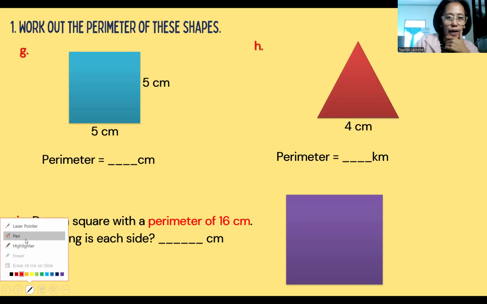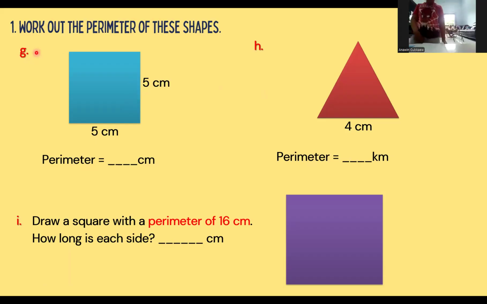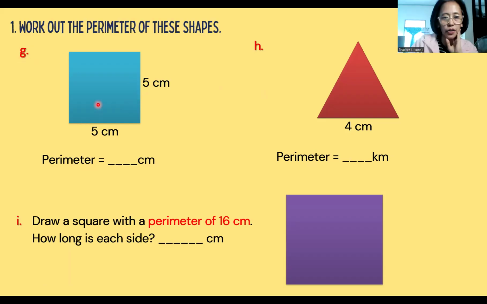Okay, because we have 8 minutes left, I want you to do letter G. If we cannot finish, we will do it on Monday at school. So I said keep your paper. Okay, start with letter G first. We have 7 minutes left. I think only letter G or H.